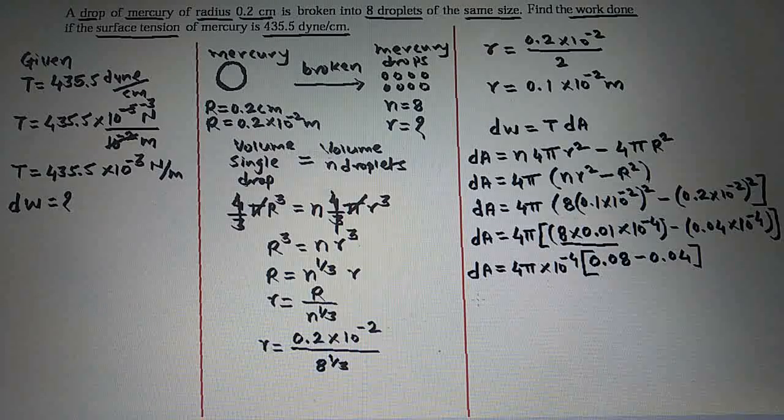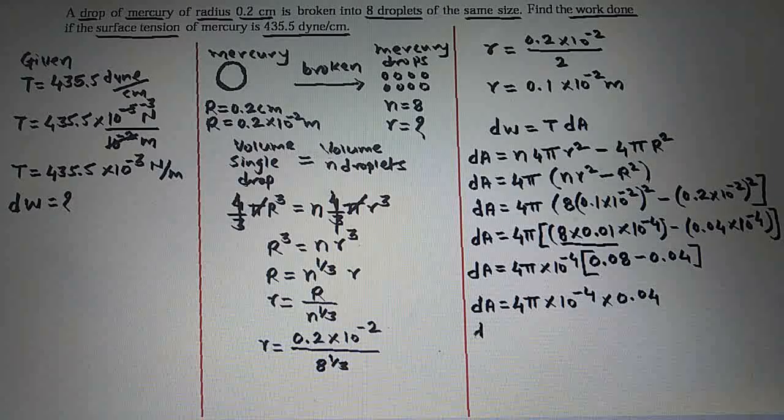Then we can write here dA is equal to 4 pi into 10 raised to minus 4. This 0.08 minus 0.04, that should be equal to plus 0.04 here. Next we can write dA is equal to 4 pi into 10 raised to minus 4 into this 0.04,